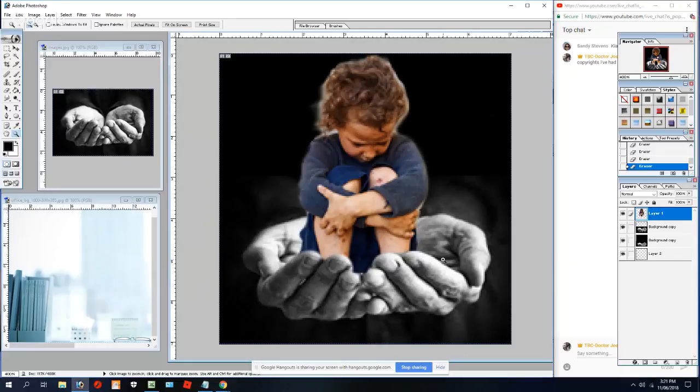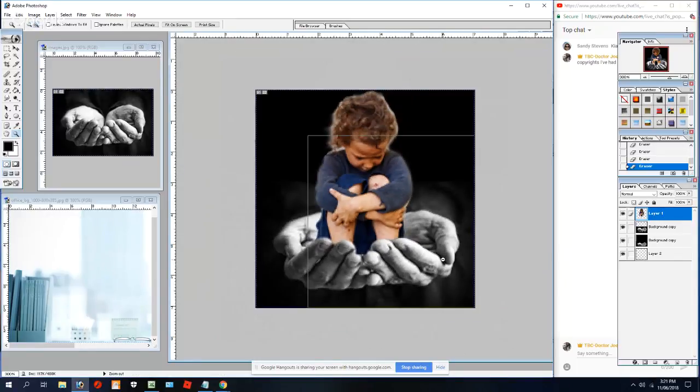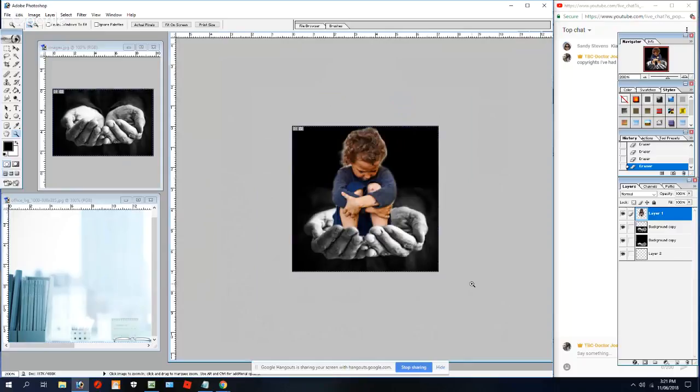And that's just a sample of what you can do in Photoshop. So I hope you enjoyed this little demonstration, folks.